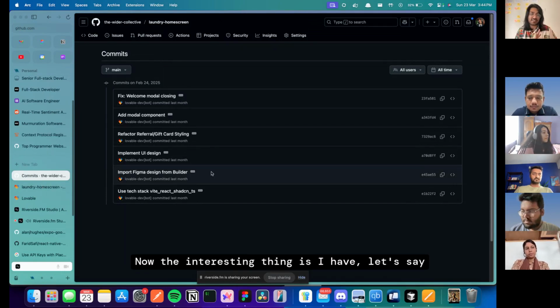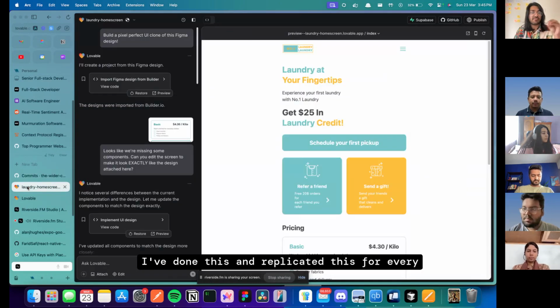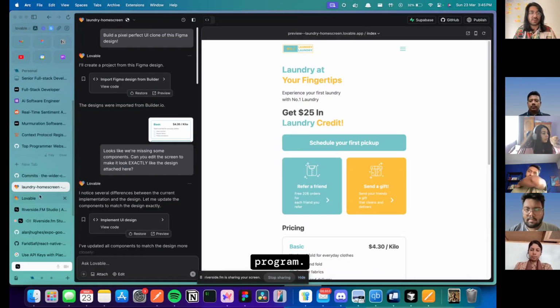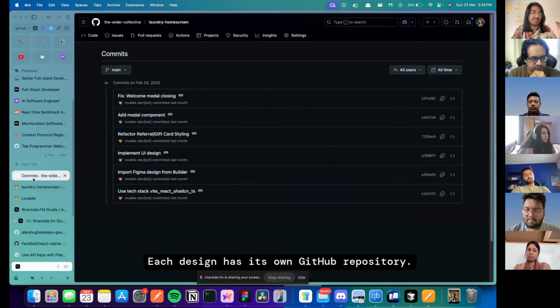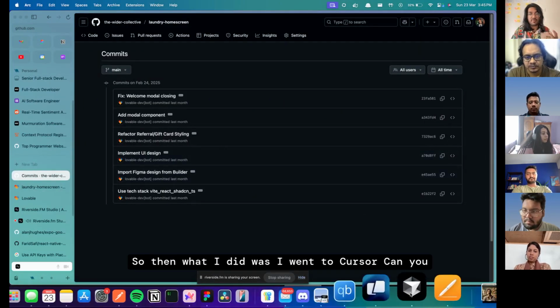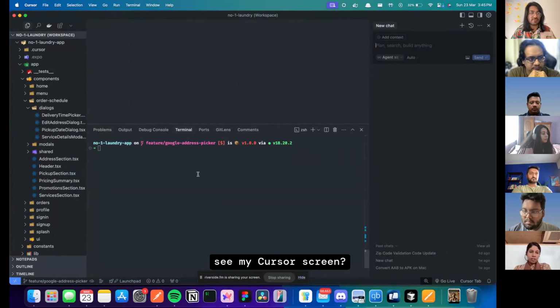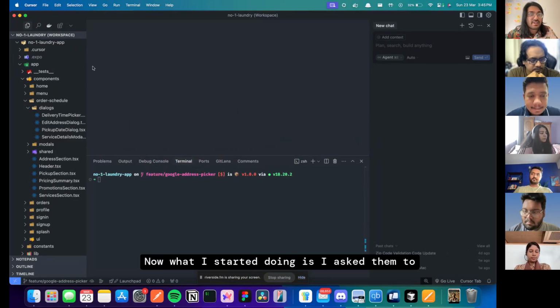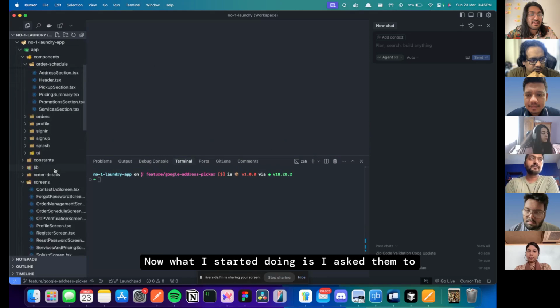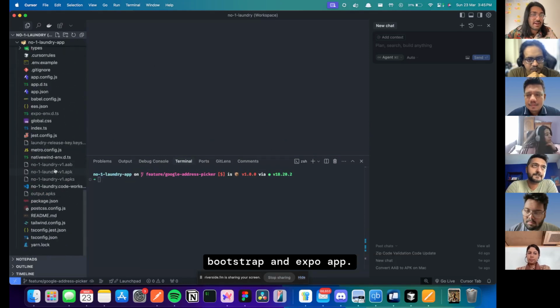The interesting thing is, let's say I've done this and replicated it for literally every screen in the design, and each design has its own GitHub repository. Then what I did was I went to Cursor. Can you see my Cursor screen? Yeah, we can see that. Awesome. Okay, so in Cursor, I started by asking it to bootstrap an